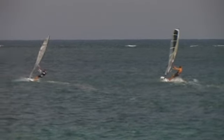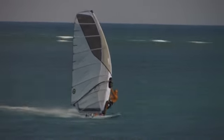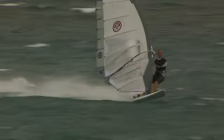Yeah, for the bigger boards you already have more width to support your sail size, so you don't really need the length. Also, you're sailing on smoother water and lighter winds, as well as the width of the board will actually allow the board to always stay above the water, where in stronger winds the water is rougher and there's not so much width in the board, so you need a little bit more of a stretched out rocker line and a little bit more of a stretched out board to go over the chop,